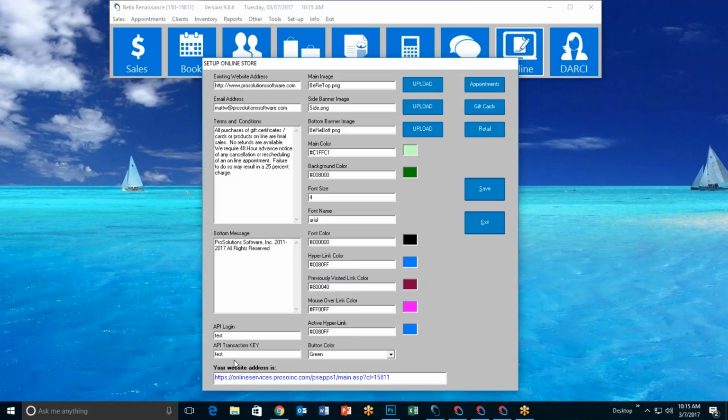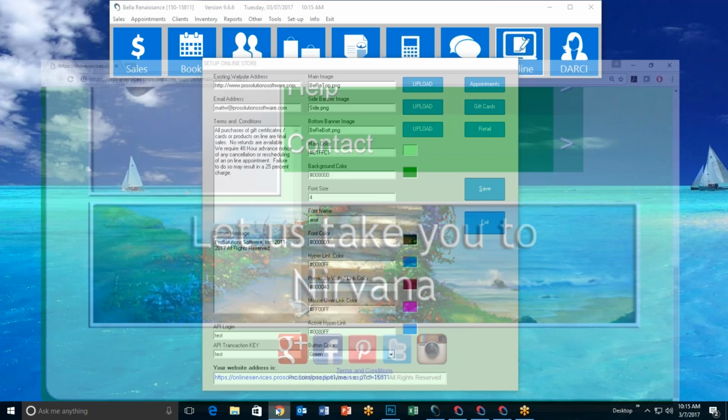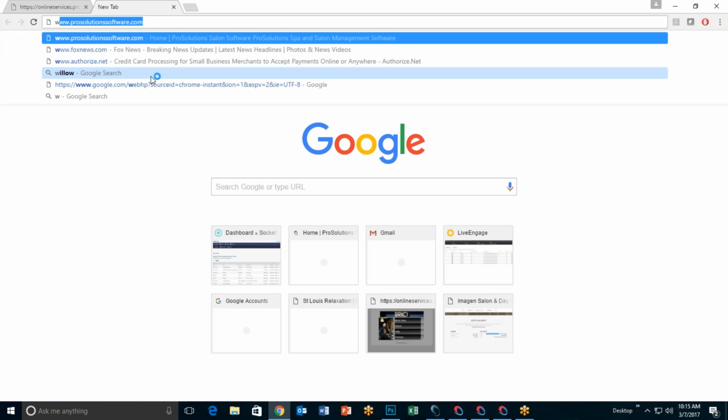Next, we addressed the API login and the API transaction key. These are not necessary if you're only doing appointments online and letting your staff check their schedule online. However, if you are going to be selling gift certificates online or retail products online, you must have an API login and transaction key. And that is from this company,